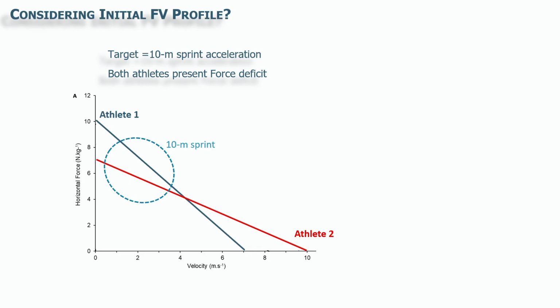So we should train in priority F0. For athlete number 2, it's easy: we train F0, he will gain in performance. For athlete number 1,